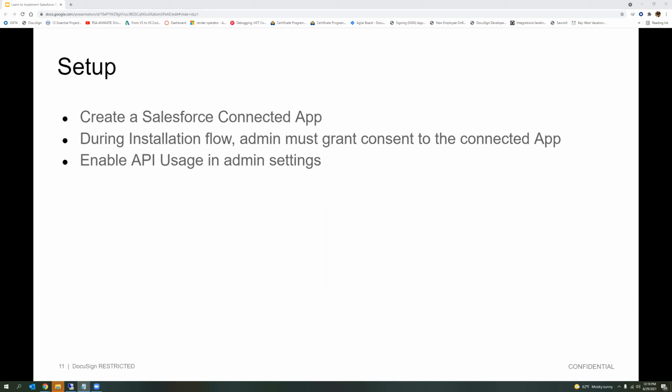Thank you. So yeah, these are the three main setup steps which are required. As I said, this is going to be applicable for all the customers. This is a one-time setup, and it's fire and forget. You do it once and you're done.